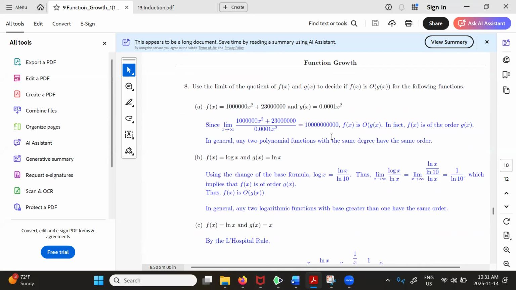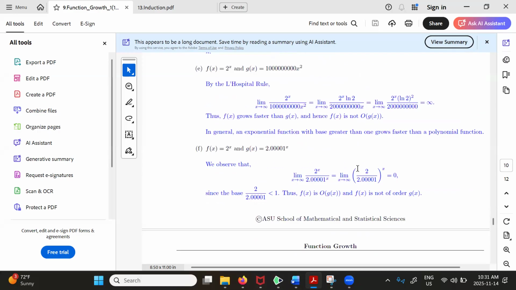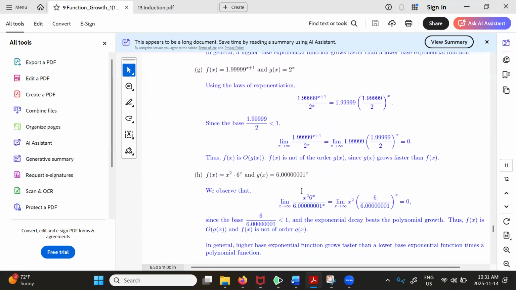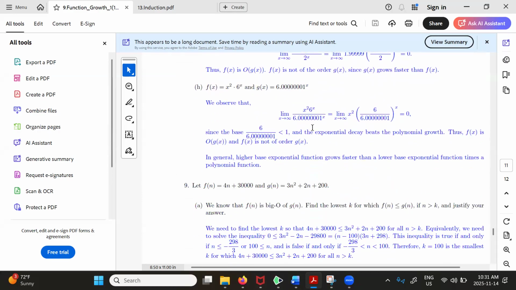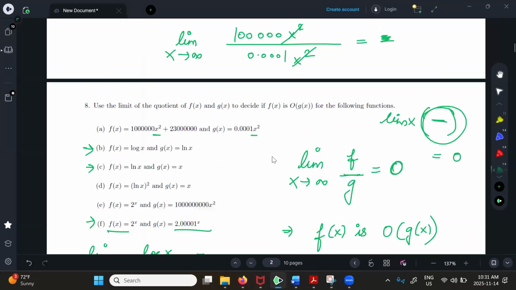Big O is order, polynomials is just weird. Okay, and this question is where I want you to bring your attention here. If I multiply a base to the power x, an exponential, by a polynomial, doesn't matter. The bigger base is always going to be the big O. Okay, now that we have that out of the way,